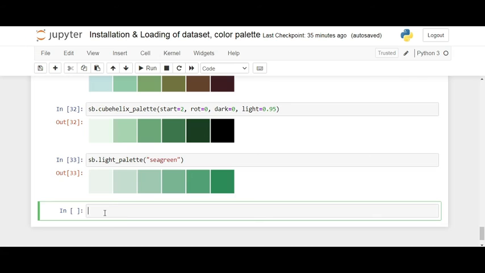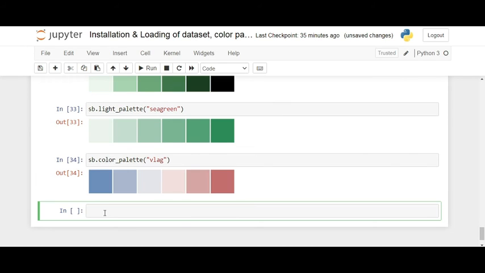So let's get started with this diverging one, but before that we'll see sns.color_palette with vlag and check which color that is. Now see here, you will observe the difference between this one and this one.